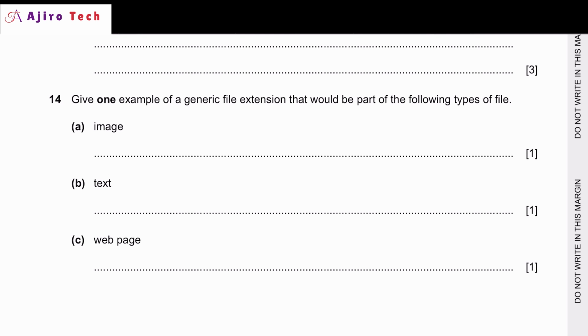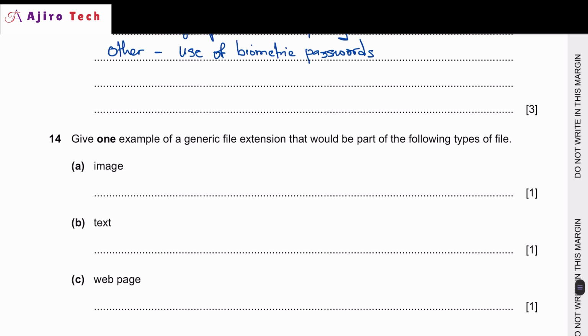Give one example of a file extension that will be part of the following type of files. So you see this in chapter 11, file management. Okay. So for image, we have 3 types. So I'm just going to type of file, right? .png, okay,